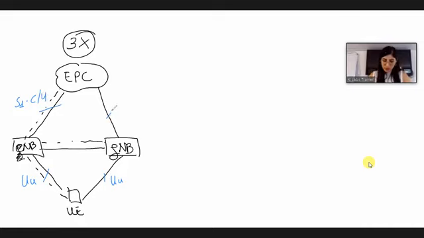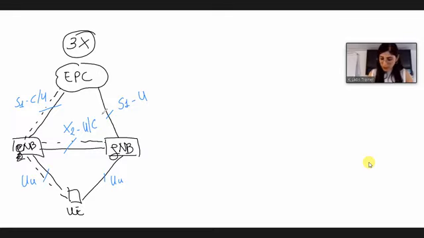And on the 5G side, on the gNode B side, we will have the S1 interface, but only for the user plane. The interface to allow eNode B and gNode B to communicate with each other is the X2 interface for both user plane and also control plane. This is for the option 3 family.